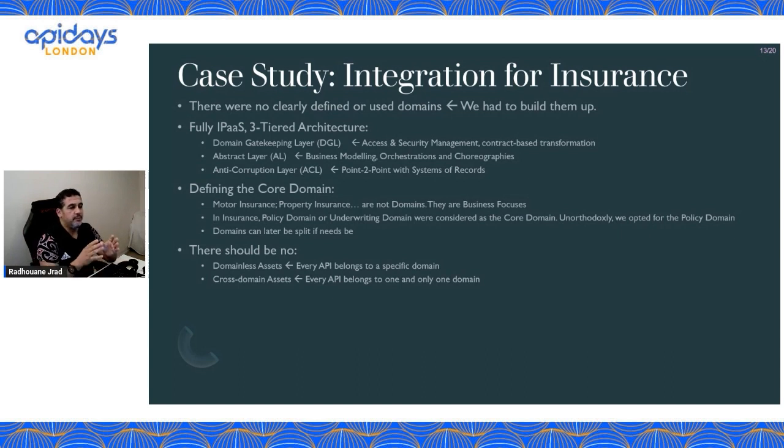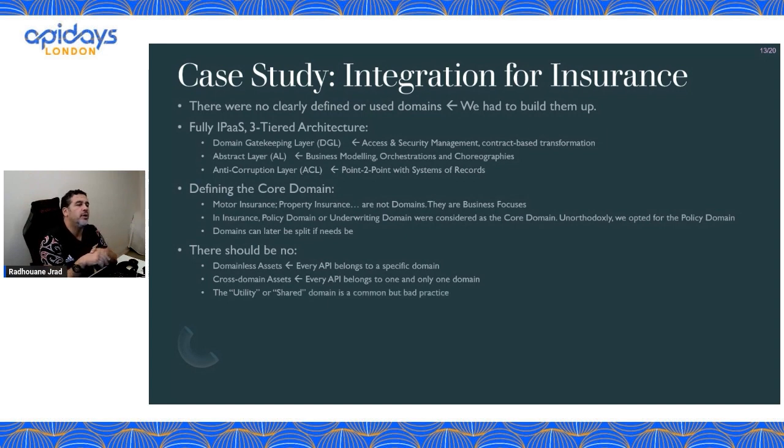If search policy belongs to the policy domain, it is for the policy domain. In the claims, you will have search claims for the claims domain. This is a high-level explanation of how you can separate them. So the search policy belongs to that domain, but it doesn't belong to the claims domain.